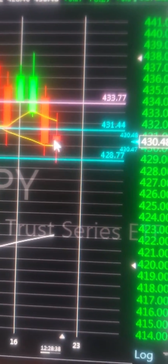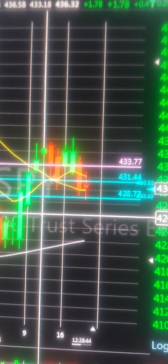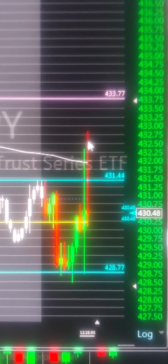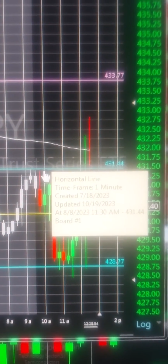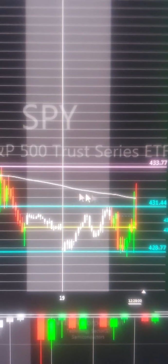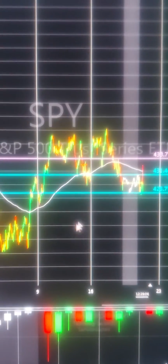We already hit a first target on that first move down, which we were expecting. There are bigger targets down here by the end of the week, as I've been discussing on a recap video, so I'm still biased to the short side. This could have been a big reversal to the upside, but after I see this double failure up here of taking out the first bar high, I'm anticipating a lot of choppiness in this zone here, making higher lows, lower lows, higher highs, but ultimately heading to lower lows towards some of these targets